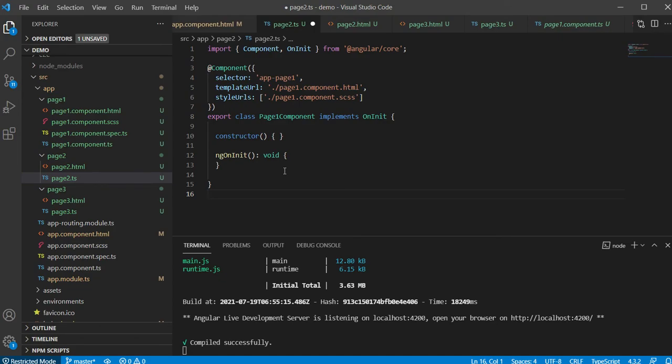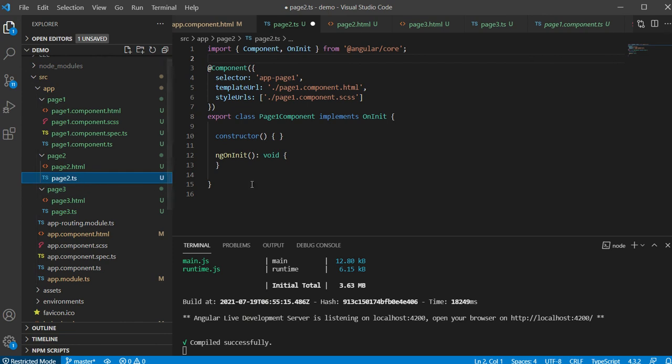Okay, fine. So now this is the default code which needs to be there in each and every page TS file. You can watch my basic first, second or third tutorials. There I have explained each and every component in detail.